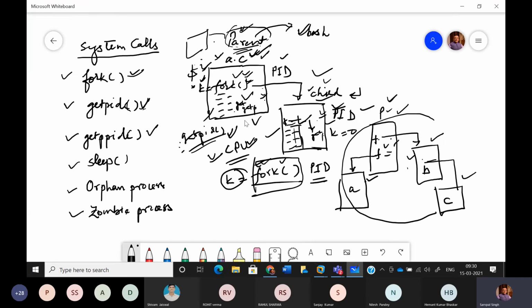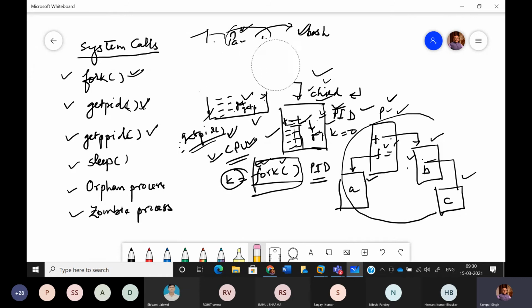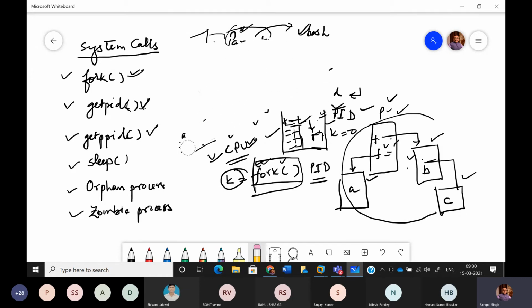in a C program. In a C program, you can understand that whenever we write a program, we can create a child process with the use of fork in that parent process. So I am just briefing you again about what we have discussed.